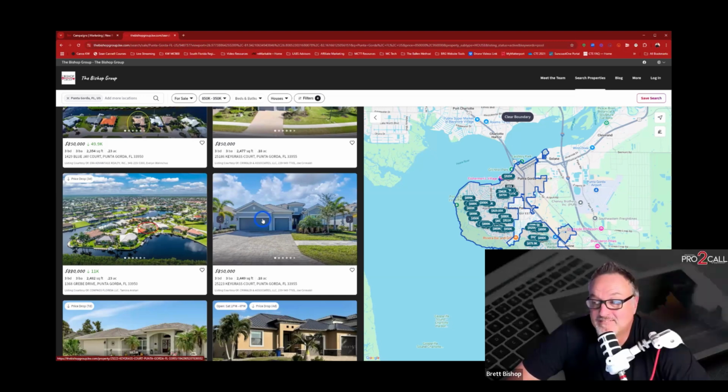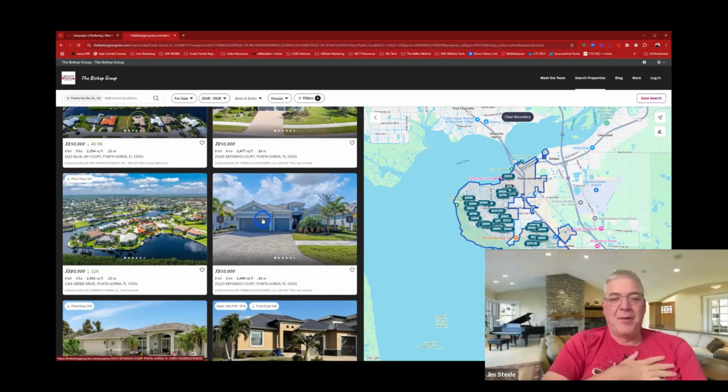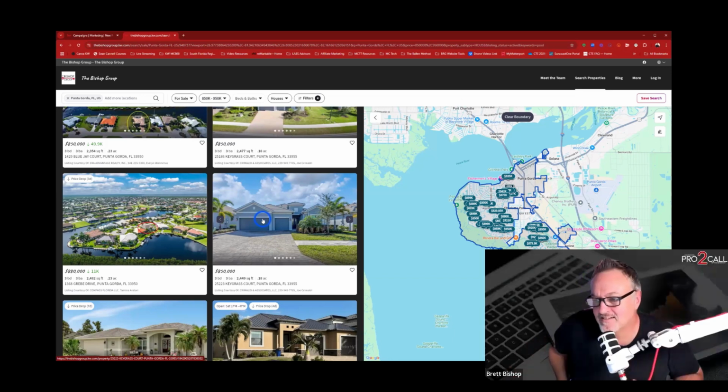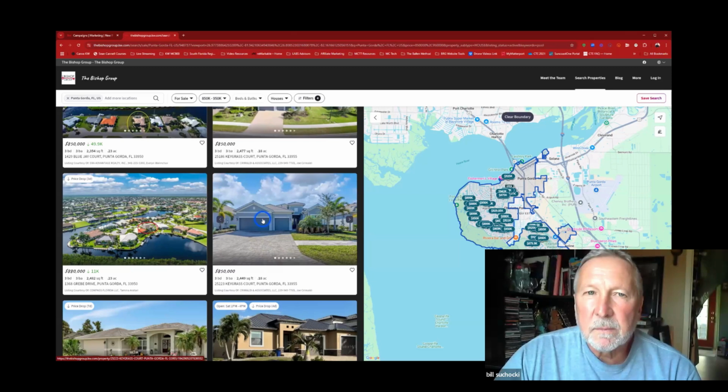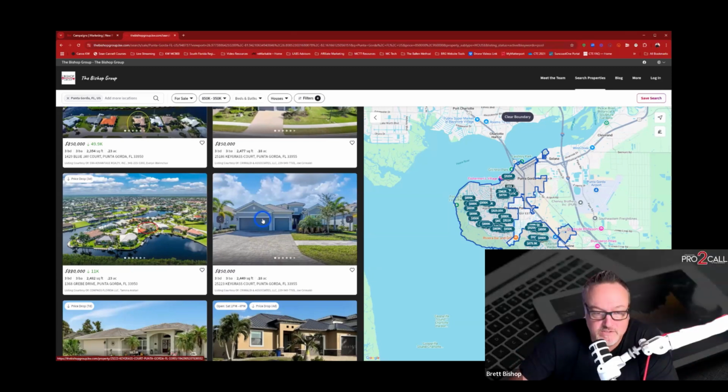You have to be a member. So you'd have to be a member of Hernando MLS or Citrus MLS in our area. It's the cost effectiveness. Now, one thing you could do if you wanted to,